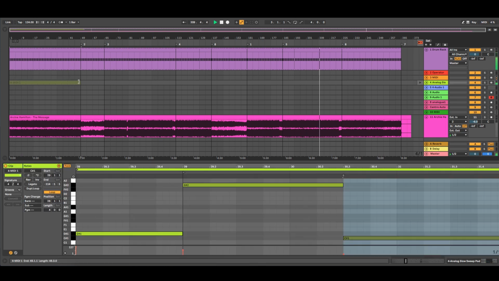Drop it here. I want to check his track to see roughly where does he start this pad. Aha, right here. Okay, so I'll start it here. It's just drafting, okay?